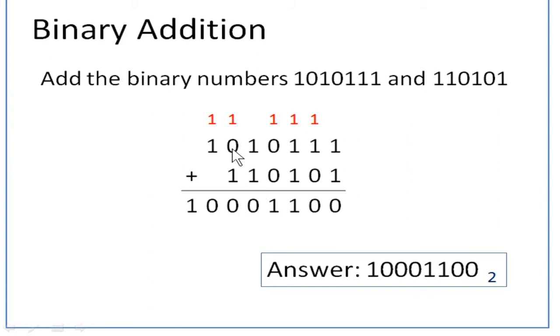Now you got 1 plus 0, that is 1, and then 1 plus 1 is 10. So you put 0 and carry over the left value to the previous column. So you have 1 plus 1, then again it is 10. So put 0. You don't have any values more than this, so you put it as it is. So 10. The final value you got is 10001100. This is the binary value for the given addition.